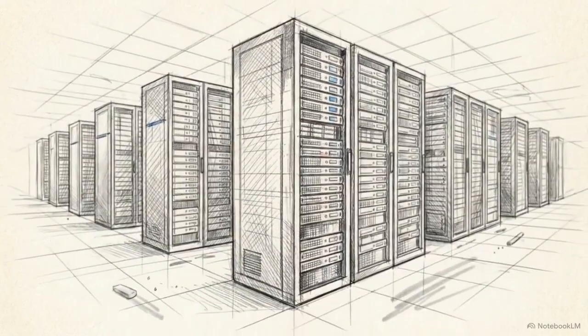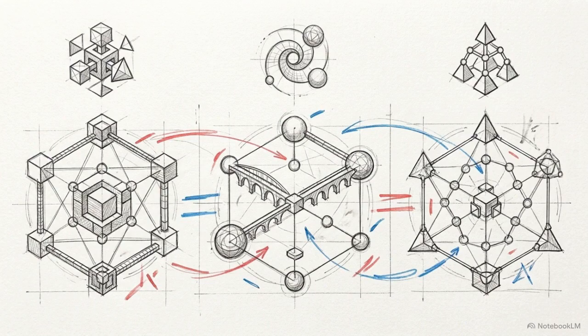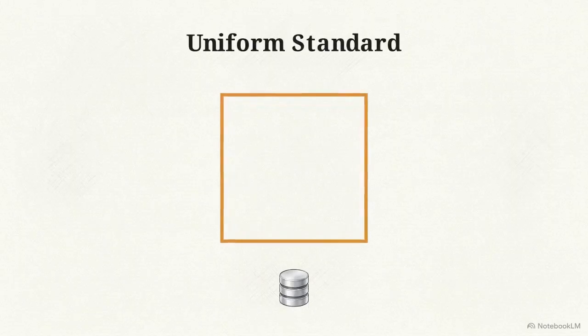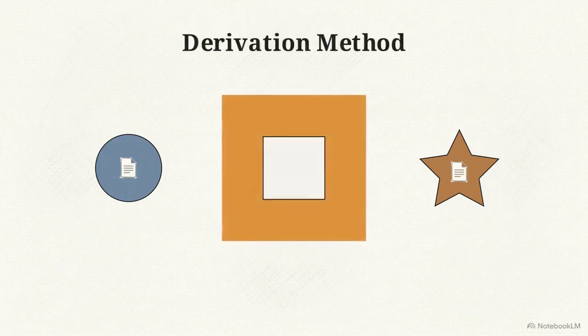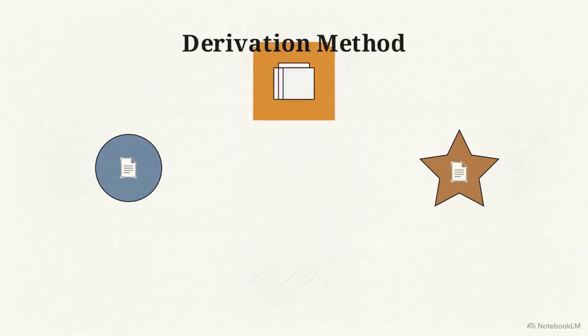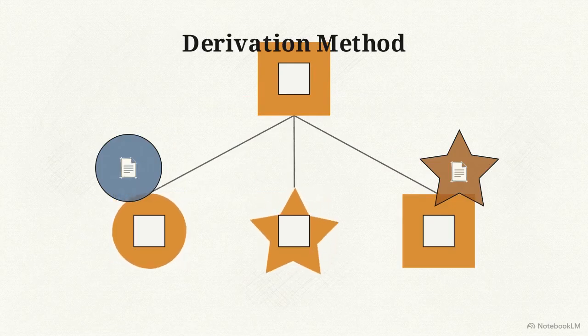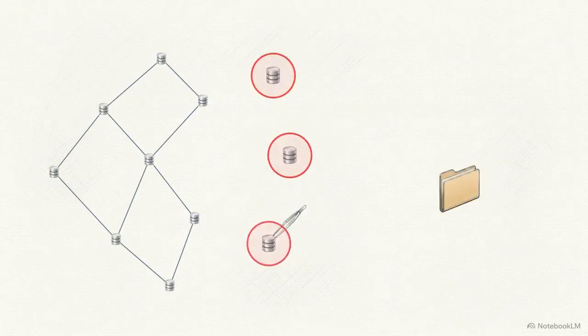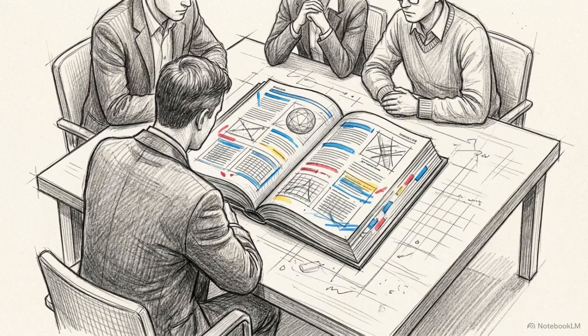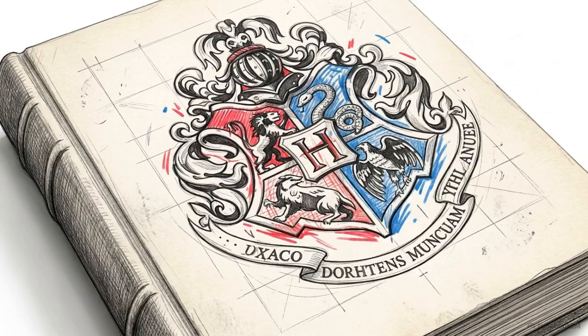Engineers have developed several structural models to handle this translation, starting with localized solutions: uniform standards, derivation, and application profiling. The uniform standard approach forces libraries to adopt the exact same schema. However, global resource heterogeneity makes this impossible. Alternatively, under the derivation method, engineers take a complex base schema, like MARC, and extract a specialized schema, retaining the core structure but modifying depth. Application profiling is similar. It takes elements from an existing schema and adapts them to create a strict set of policies, tailored entirely to the guidelines of a highly specific local user community.